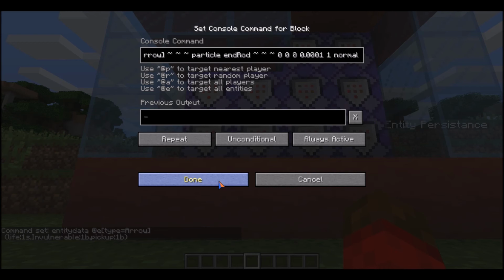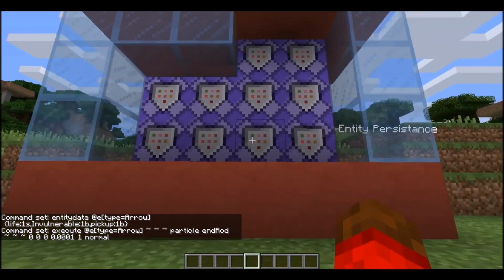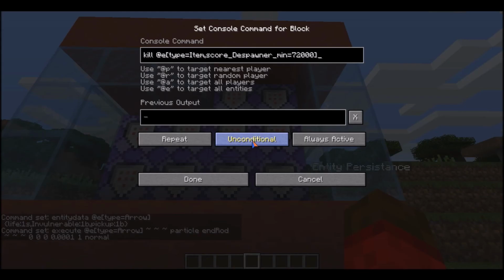If it's set to minimum, and you're standing X number of blocks away, then you won't see the particles. This next one is for experience orbs because they have the same issue. They disappear after a while graphically, but they're still rendered. So it's basically the same thing, only with happyVillager particles. Then this is the block that actually makes experience orbs act like they're persistent. It's the same story as with dropped items. And then this last one,